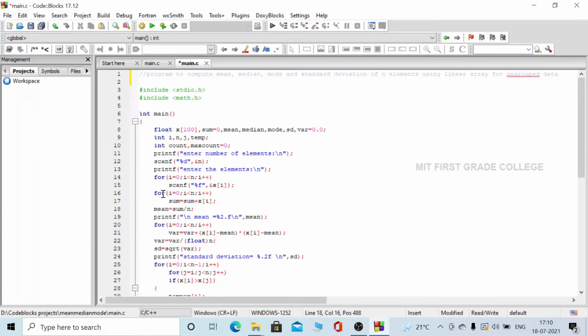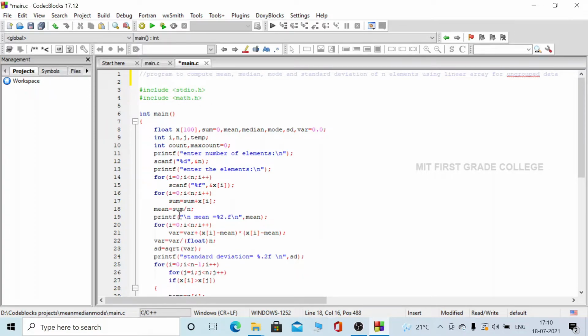Using the for loop, i is initialized to 0 and runs while i is less than n; inside the loop sum is equal to sum plus x of i, and then i is incremented. This executes till i is less than n, then we come out of the loop and the mean is calculated. After calculating the mean, the value is printed using the printf statement.